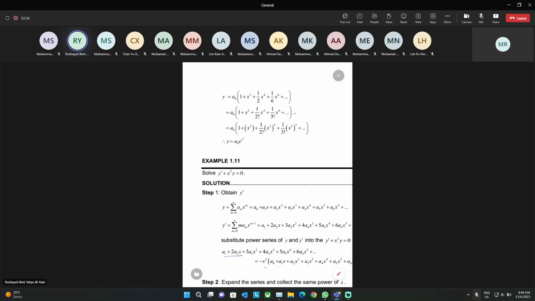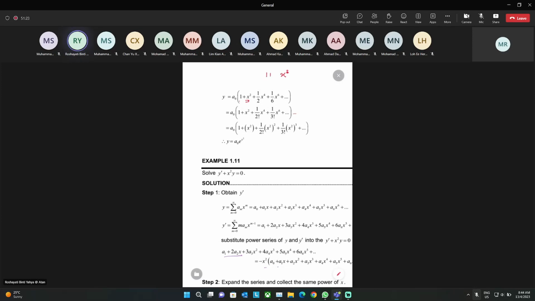And then a naught, what you can do, look at your first x in the bracket. First x in the bracket is x squared. And then based on this x squared, can you modify? Yes, because